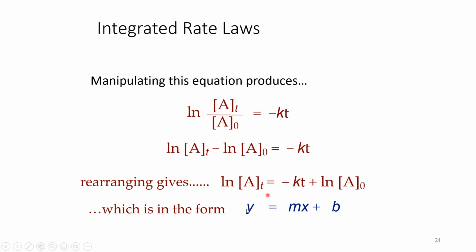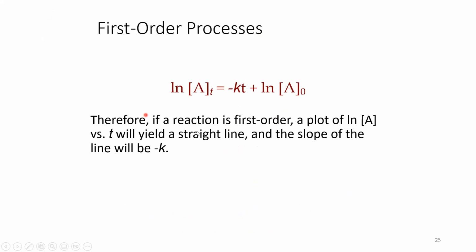sides. We can essentially get an equation that's equal to the general equation we have for just a line. So y is equal to mx plus b. And when we look at that, this is then going to tell us on the y-axis, we're going to have the natural log of concentration. And then on the x-axis, we're just going to have the time there. So what that means, the rate constant is going to represent the slope of these